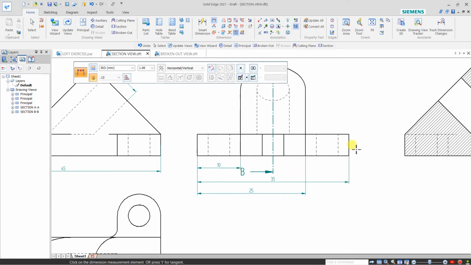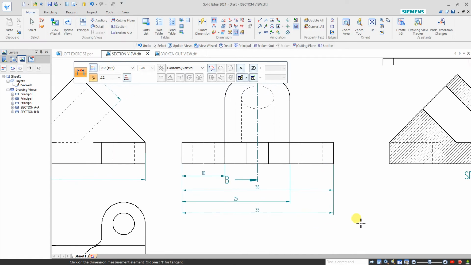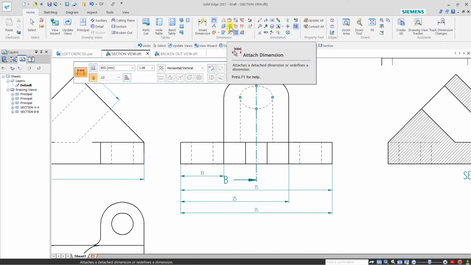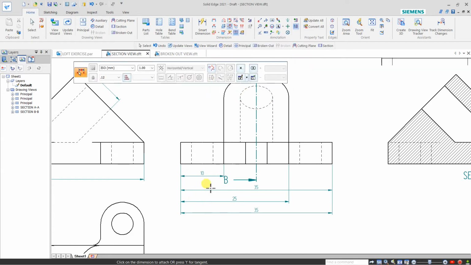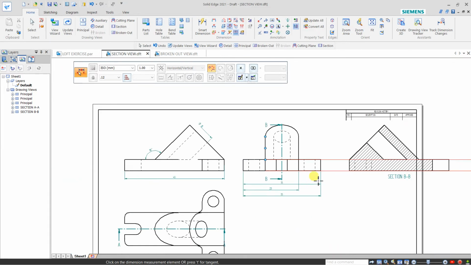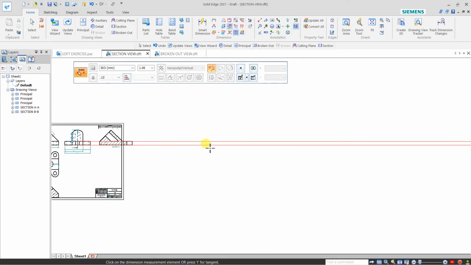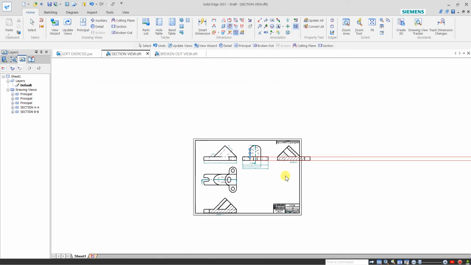Again, auto dimension, attach dimension, and this is attach, it is gone so far.